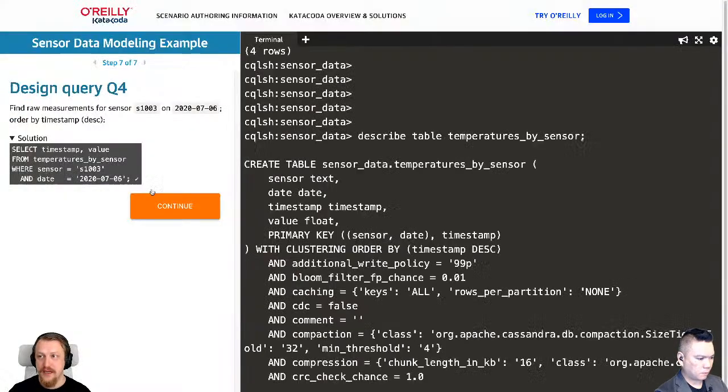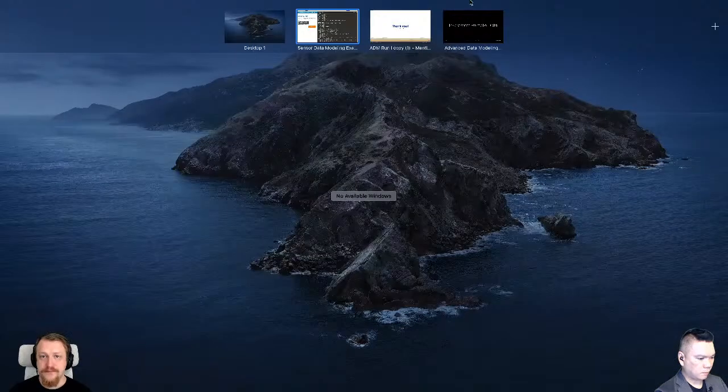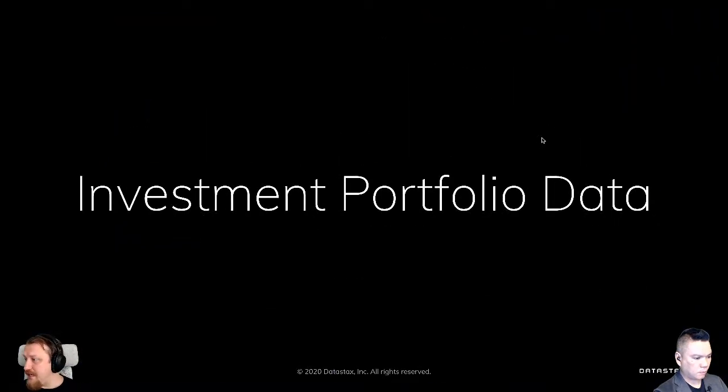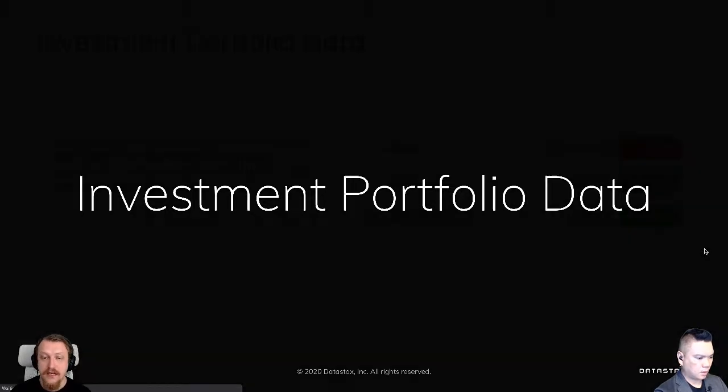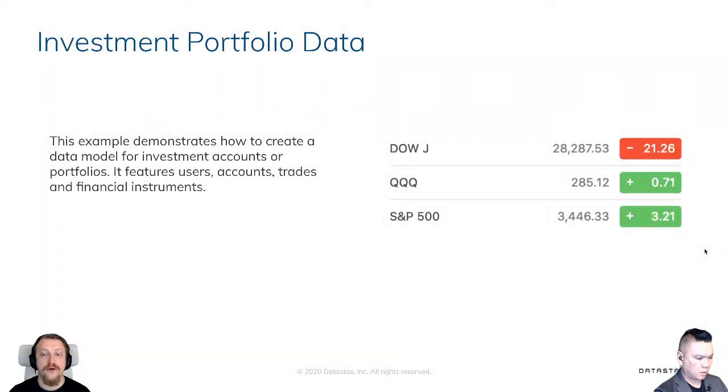otherwise it will be too much. Okay, so we have limited time and we have to proceed, and we want to cover another use case which is different to the one we discussed before, and we are going to cover some work with investment portfolio data. Investment portfolio data is an example which demonstrates a data model for investment accounts or portfolios.